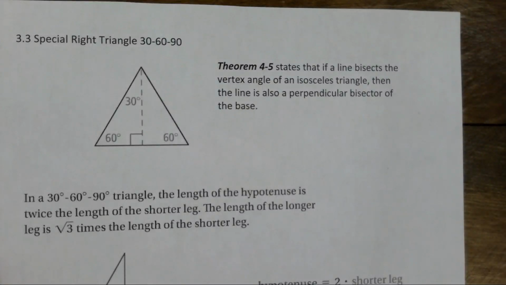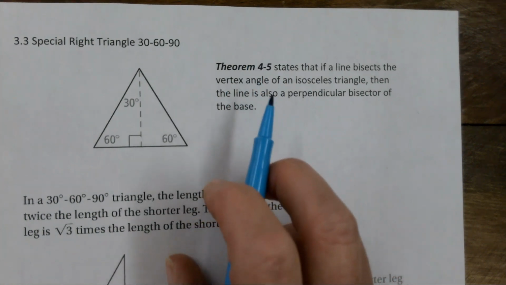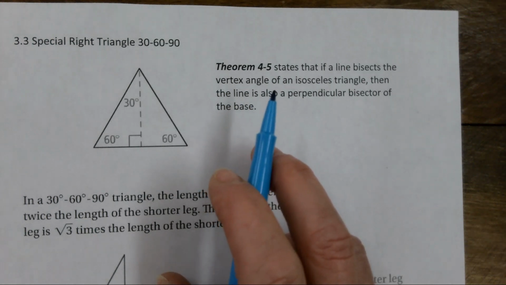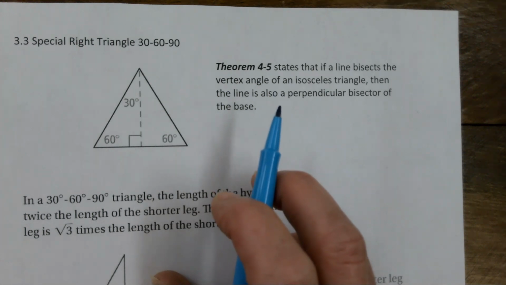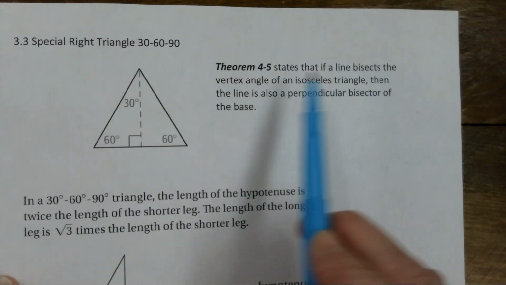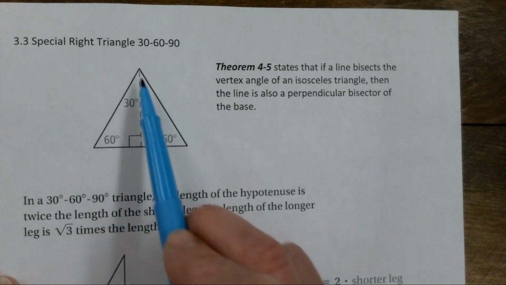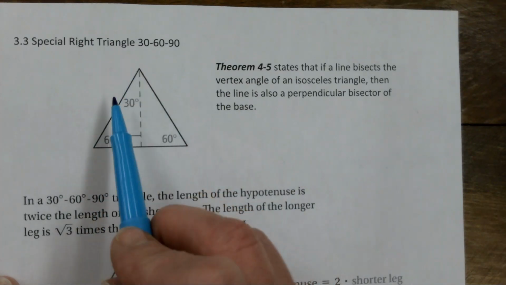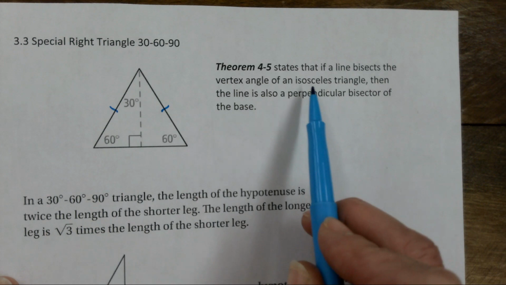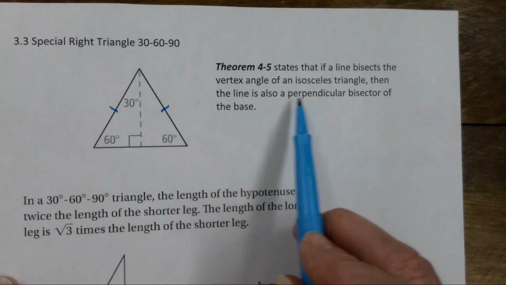This theorem. And a theorem in geometry is a proven fact. They did some studies, they tested, they looked at this, they went through all the rules and definitions of things, and they found that if a line bisects the vertex angle of an isosceles triangle, so the vertex angle would be the top, the angle that's between the two congruent sides, the vertex angle. So if a segment bisects the vertex angle of an isosceles triangle, then the line is also a perpendicular